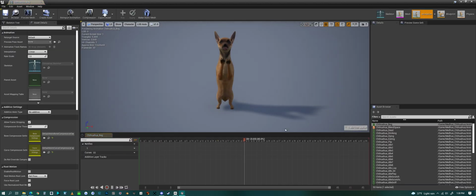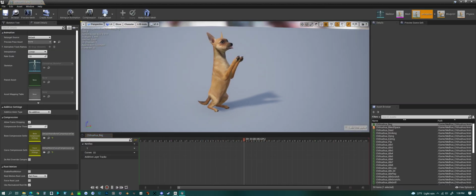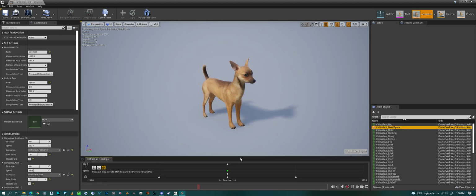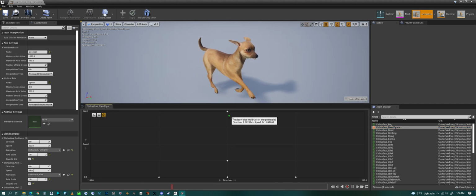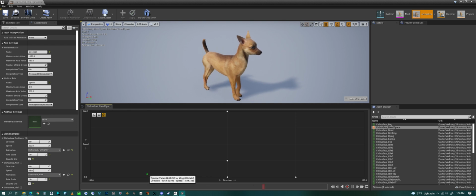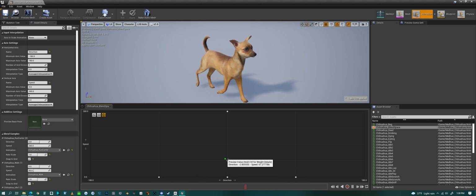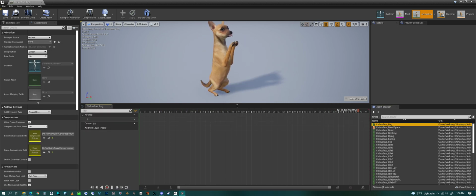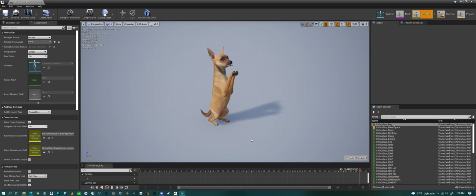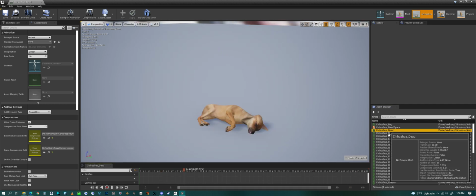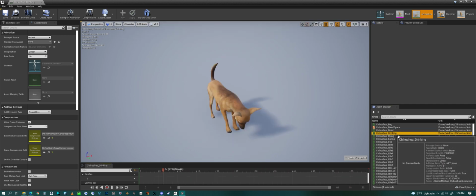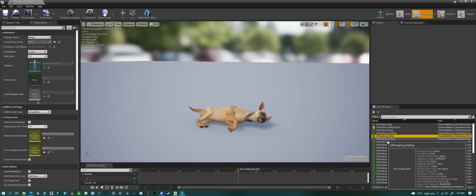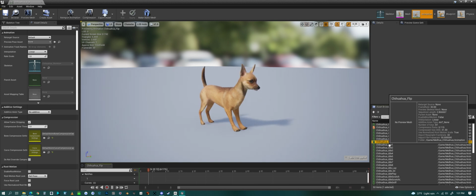Animation now. There's a ton of animation for the Chihuahua. First, we'll look at the blend space. This is the blend space that comes with the Chihuahua and is used inside of the AI system. All right. And now animation, a little begging animation, and then a dead animation. Drinking. Then dying, eating, flip,